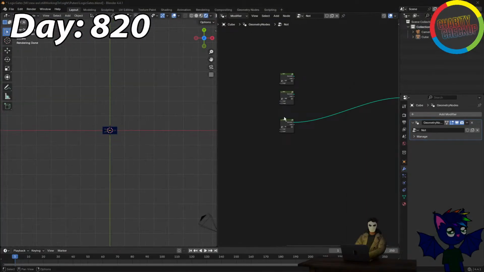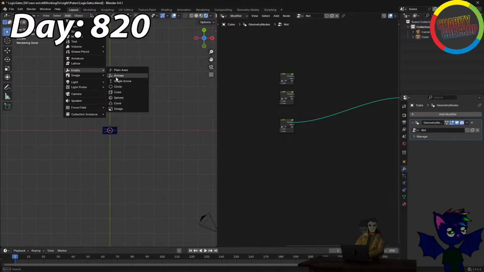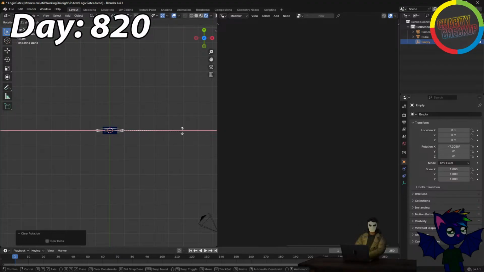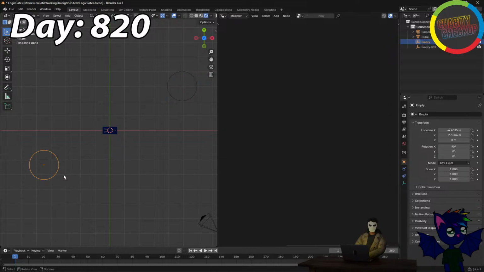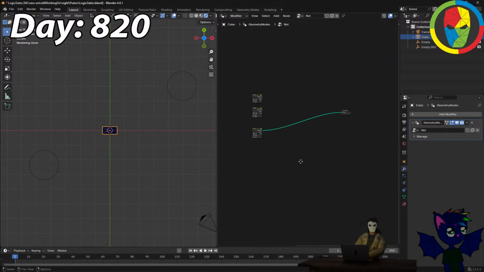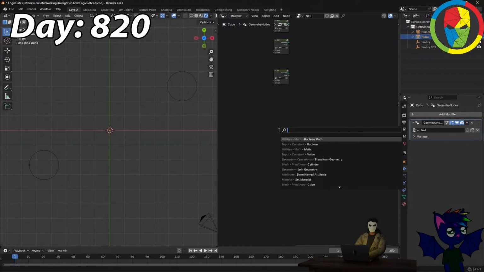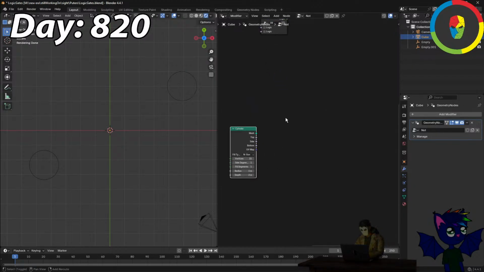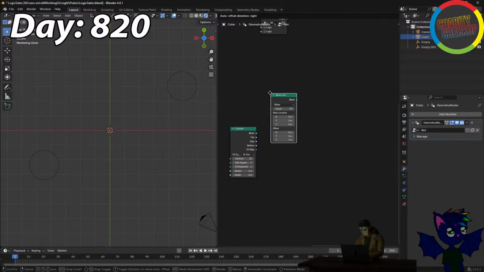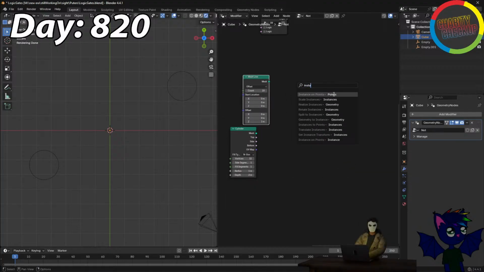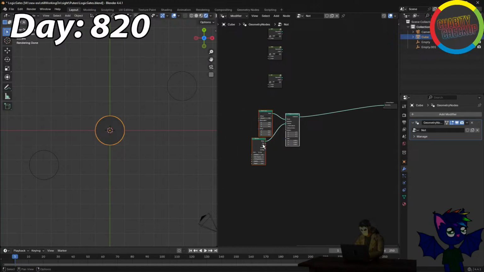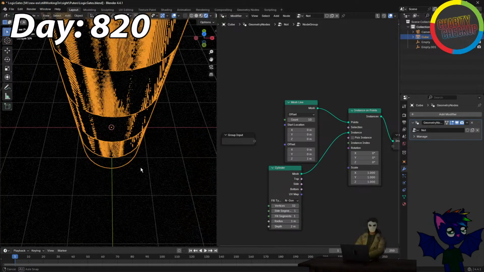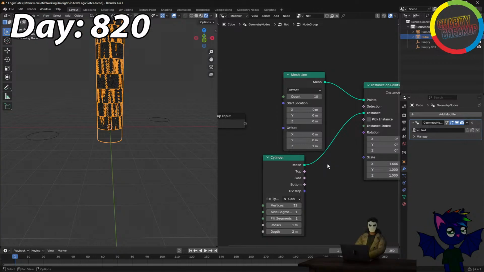So basically, we're gonna add two empties. Empty 1 and empty 2, and what we want is to create a really nice curve between them. So let's do it. Let's do a cylinder, because why not? Mesh line, instance on points. And let's make group. Perfect. Now